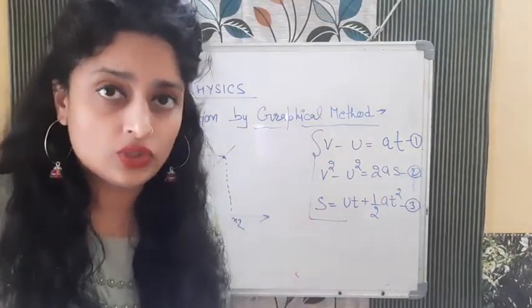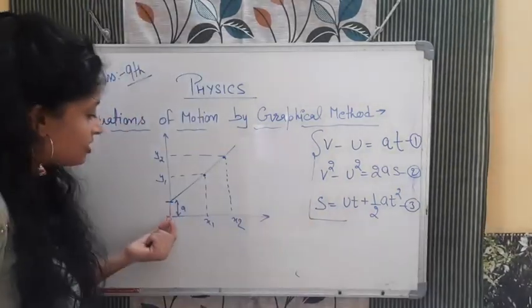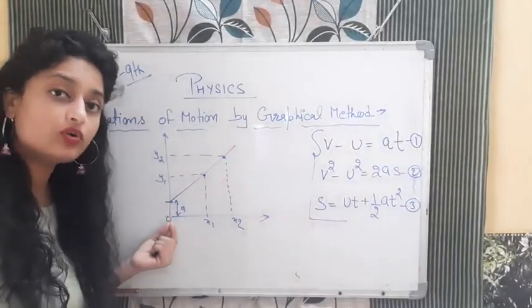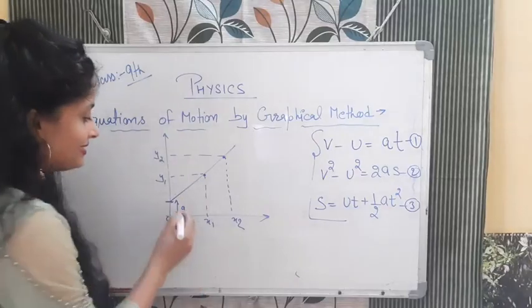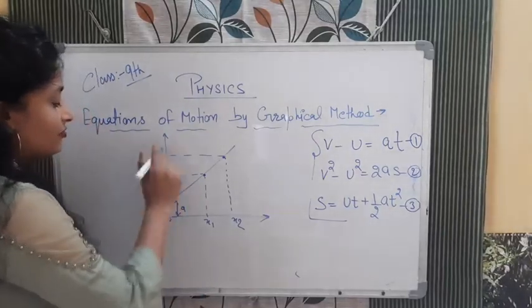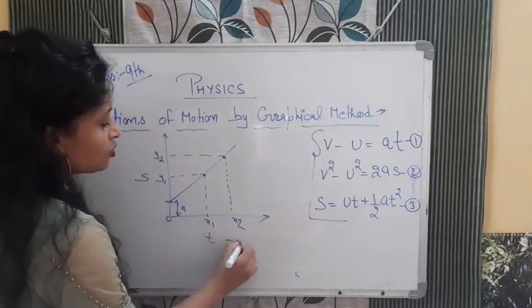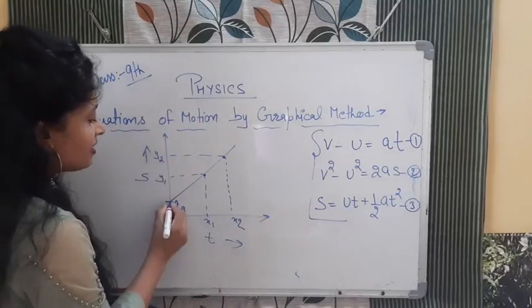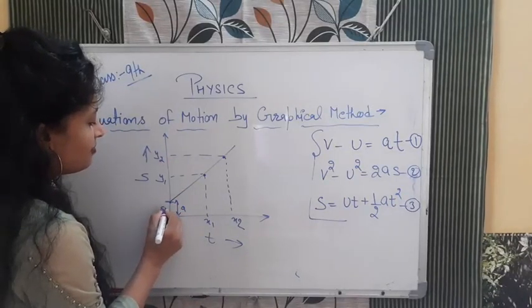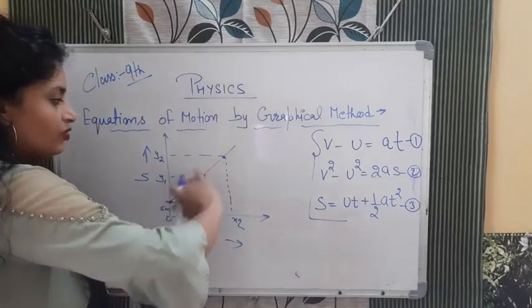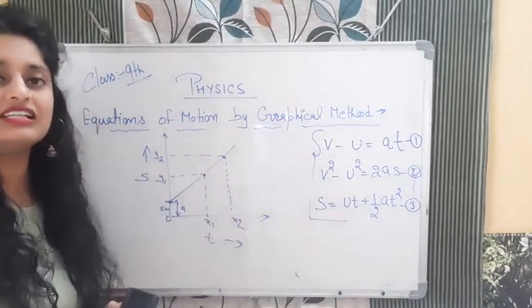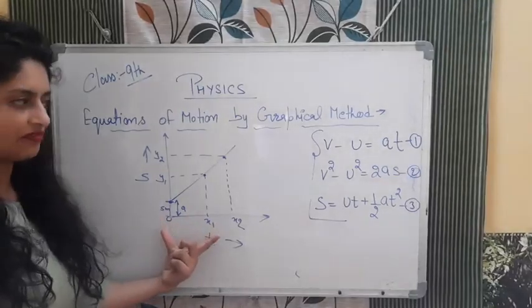The thing that you need to understand: if the graph is starting from here, it means it is starting from the origin. But if the graph is starting from somewhere on the y-axis, it means there is some value initially covered. For example, this is a distance-time graph, so I will say that initially it covered some distance, for example, this is 5 meter. Initially it covered some distance and then it is moving with uniform speed, equal distance in equal time. So then the graph will be this.